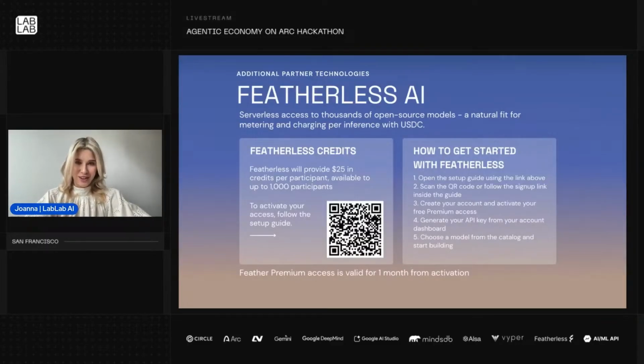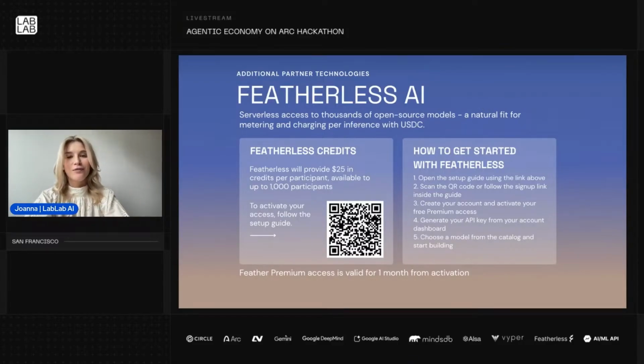Additional partner technologies available at this hackathon is, of course, Featherless AI. So this is a natural fit to charging per inference with USDC, and you're encouraged to use it. To encourage you even more, Featherless AI team is providing extra credits for the hackathon participants.